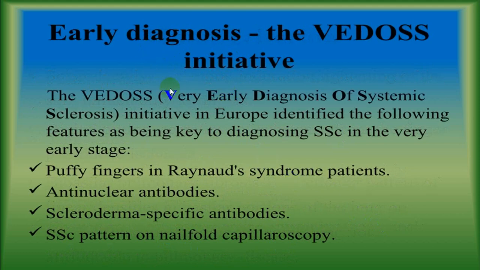There is one more variety, called very early diagnosis of systemic sclerosis, or VEDOSS, by European groups, where they include puffy fingers, Raynaud's syndrome, antinuclear antibody, scleroderma-specific antibody, and nail fold capillaroscopy. So they include these 4 criteria, and depending upon that, they label early diagnosis, out of which a very specific one, that is antinuclear antibody